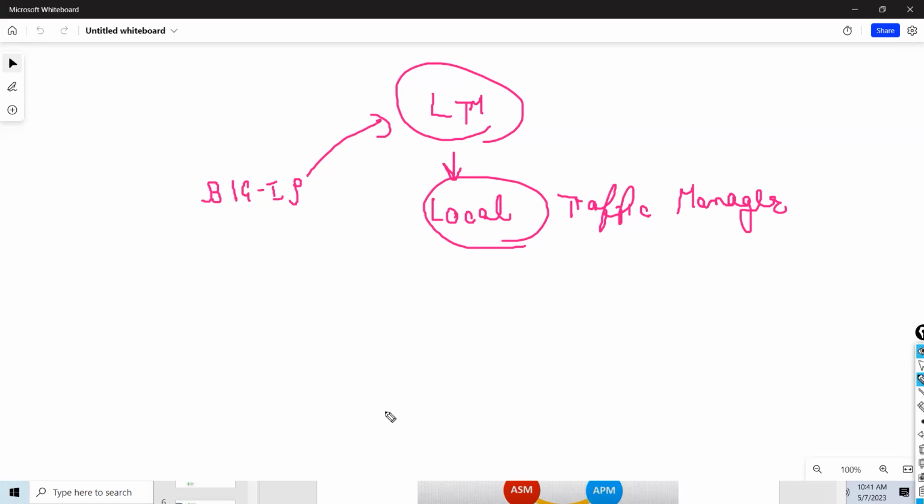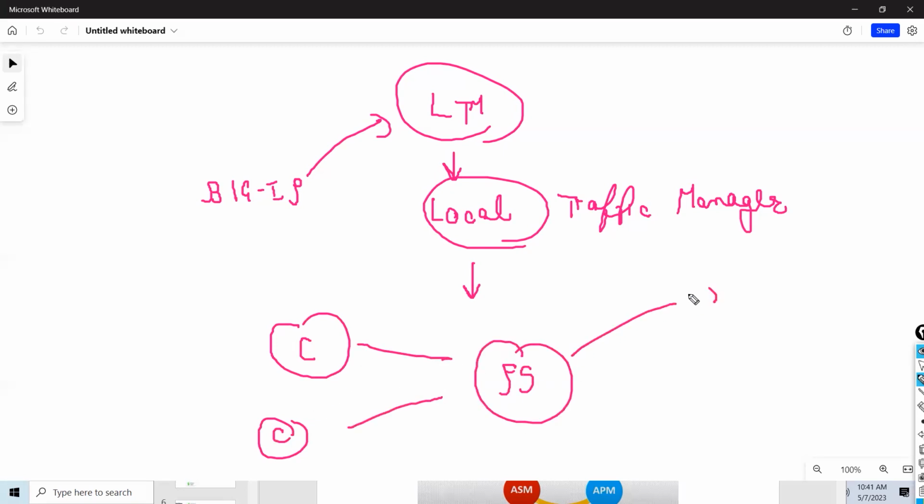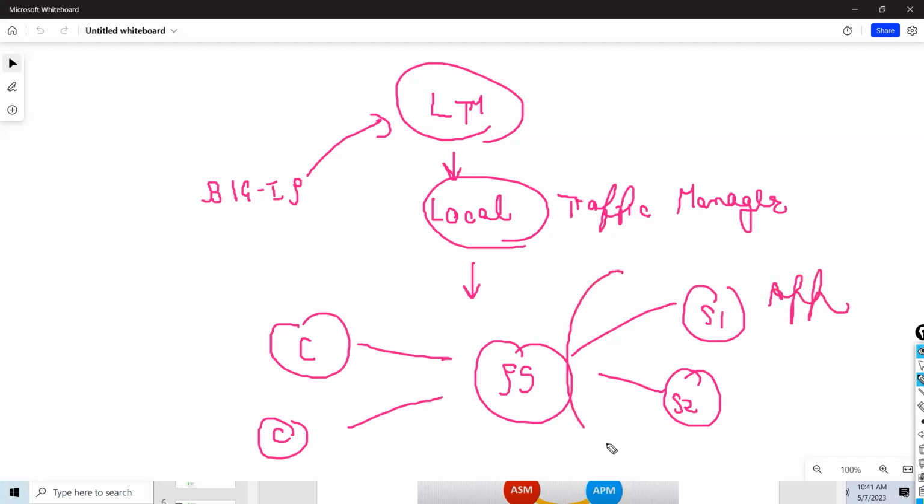So first of all, when I talk about local, local means your client is coming from internet. They are connecting to F5. And behind F5, there are 3 servers or 2 servers. So local means your applications are only across the same data center. Within the same data center, you have multiple servers plus an F5. That is called local traffic manager. Your F5 is hosted and your servers are hosted within a data center, the same data center.